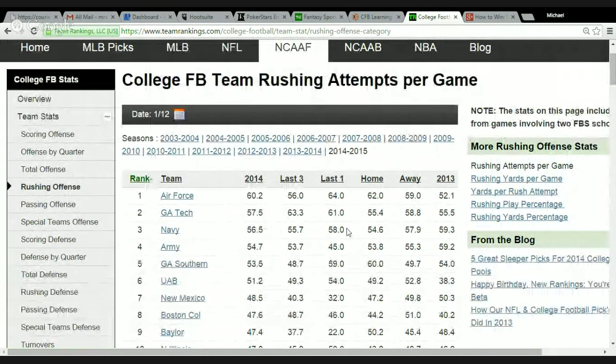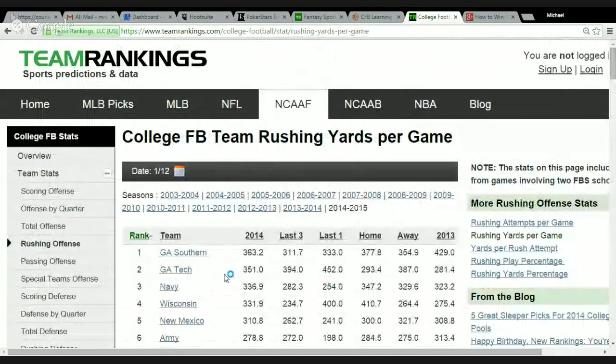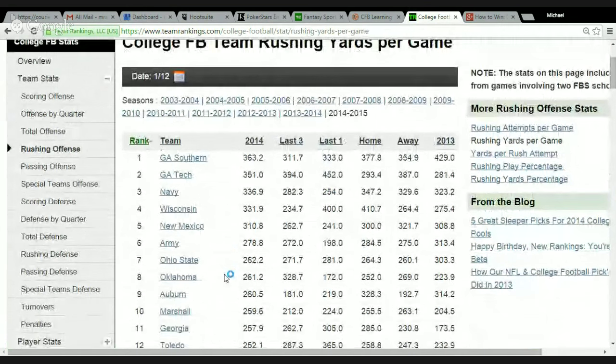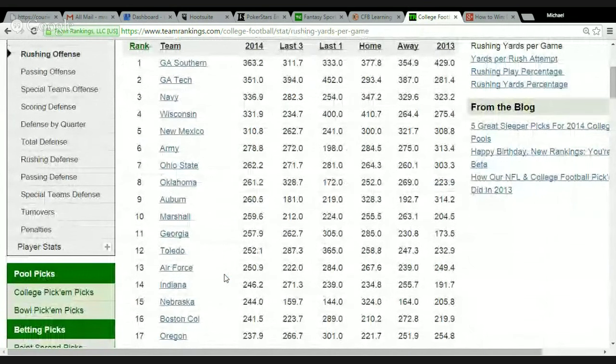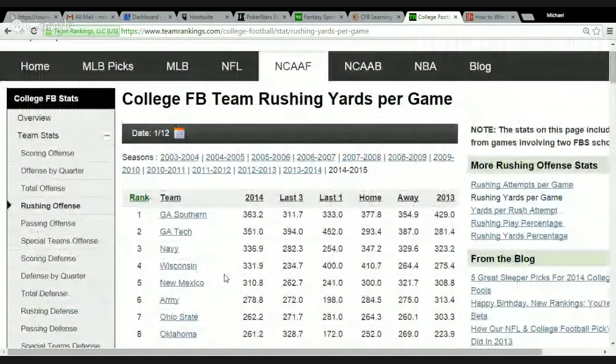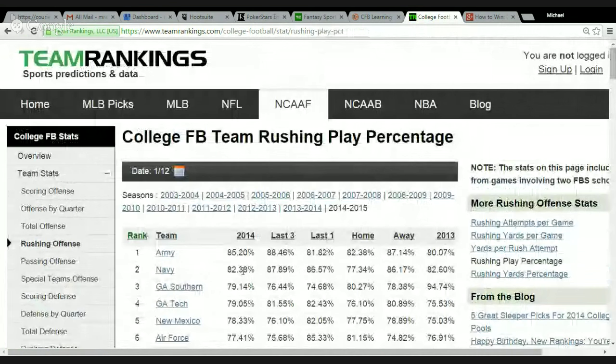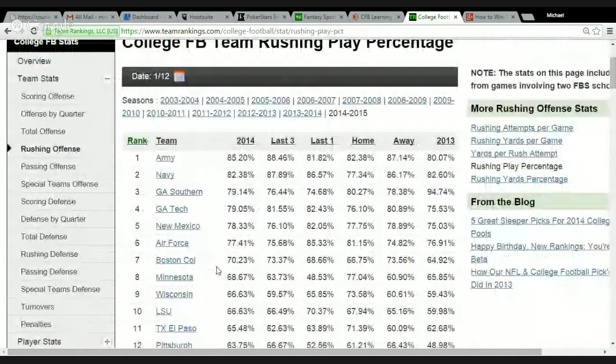This is really one of the number one metrics you want to look at. Pop over here to rushing yards per game. We get that as well. We see guys like Wisconsin, Auburn, Georgia, Indiana, BC. Those are where you want some of your running backs. Rushing play percentage. Again, you got a team like Boston College that's going to run 70% of the time. You're going to want to take the starting running back on Boston College, especially if he's getting a bulk of the carries. We see Minnesota, LSU,